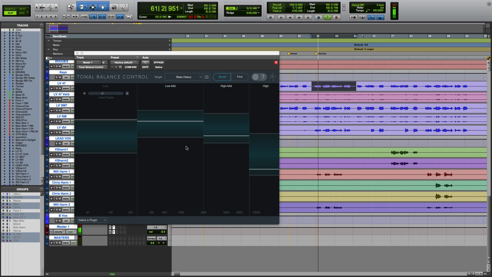So it looks like we have this line which represents the energy from 0 to 250 hertz going a little bit north of this green overlay. So I can really easily make a mixing decision or a mastering decision as long as I have a Neutron or Ozone on one of the channels in the mix, and I can access it from Tonal Balance Control.